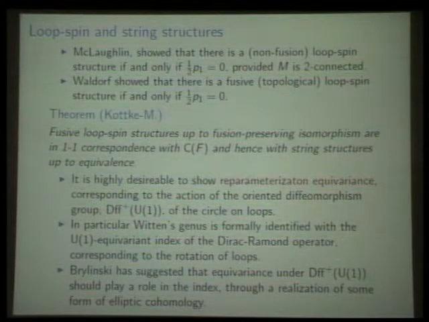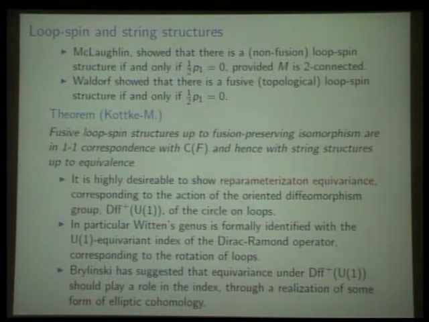One reason is that sitting inside here, the oriented diffeomorphisms of the circle is the group of rotations. Of course, whilst it's a very large group, this is basically the same size as the loops into the circle. This is contractible to U1. So Witten's genus is normally interpreted as the U1 equivariant index, where you have to insert formal between every word here. The formal index of the formal Dirac operator,